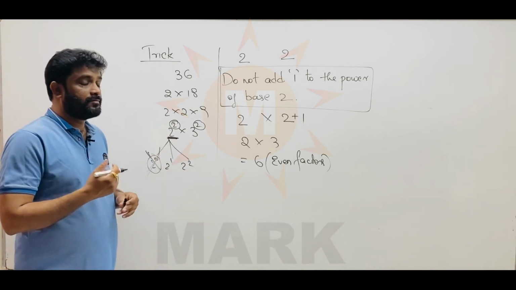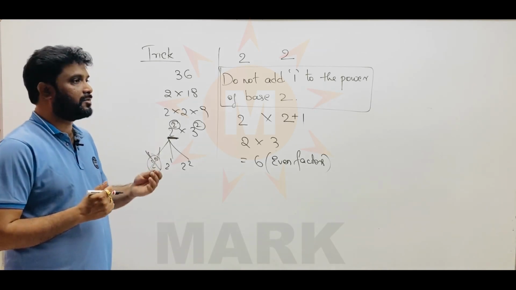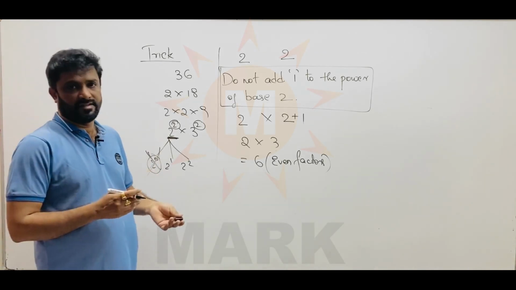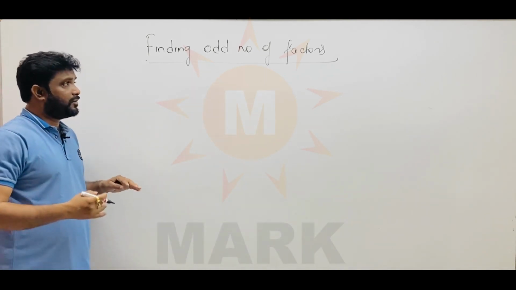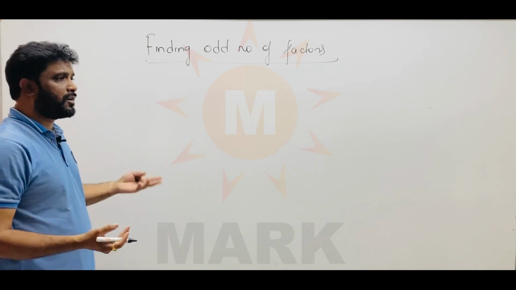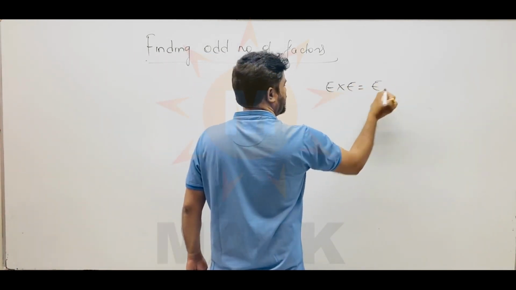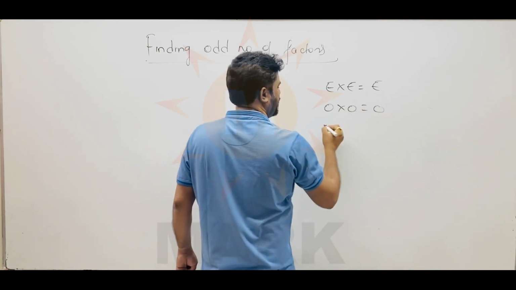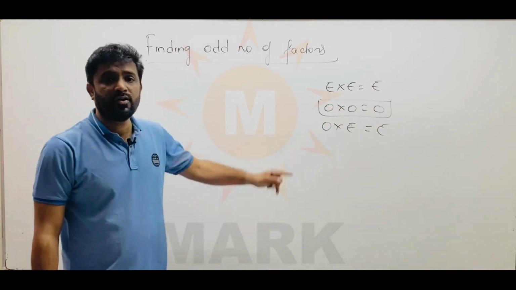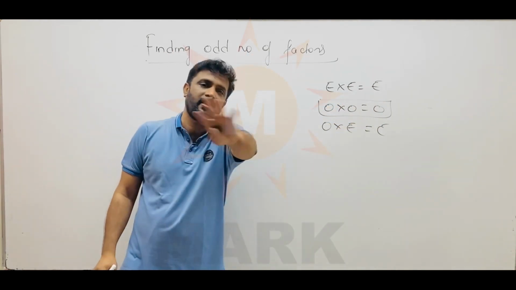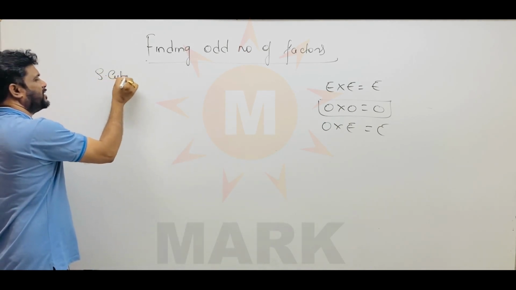Now my dear friends, we will check out the way to find odd factors. Not odd number of factors, but factors which are odd numbers, right? Friends, now we will find the odd factors. This is very easy, because we know the shortcut, right? Even into even will give even, odd into odd will give odd, odd into even will give even. So we need this concept only. If you want to get an odd product, my dear friends, compulsorily all the numbers should be odd. So the trick is, directly as a shortcut, do not